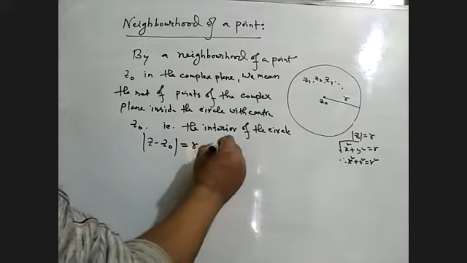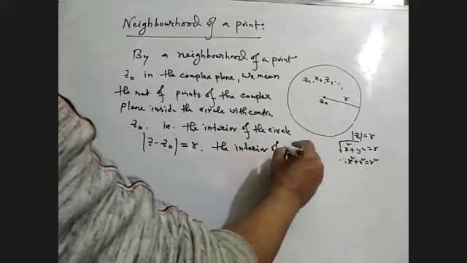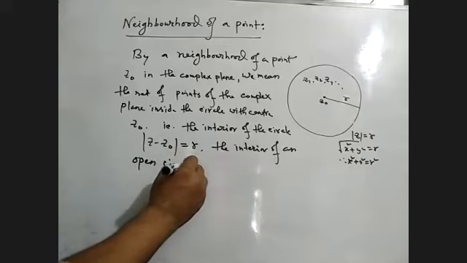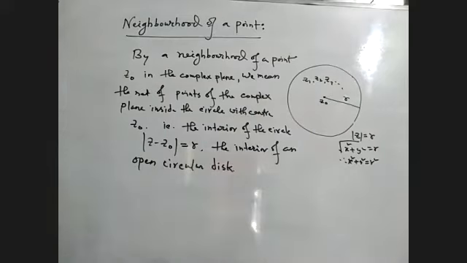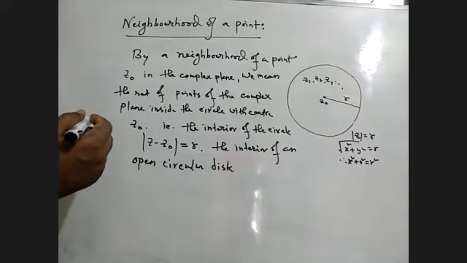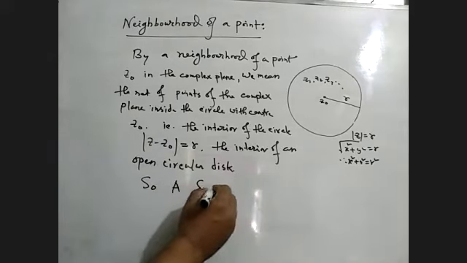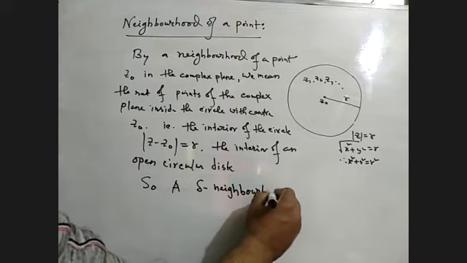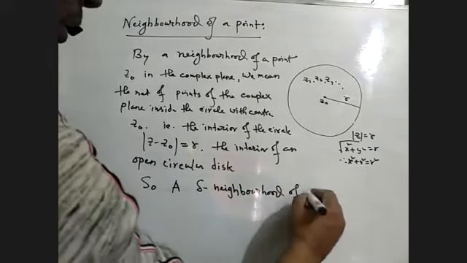The interior of an open circular disc. It looks like a CD. All the interior points will be the neighborhood. So the del neighborhood of z naught